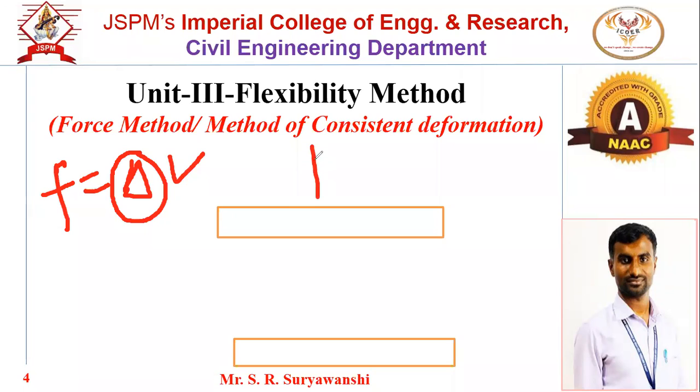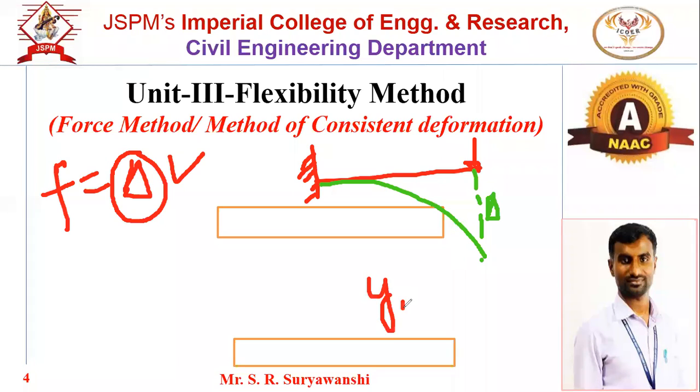Now in case of beam, back to our SA2, suppose this beam is flexible, it is subjected to the loading condition, and it will have the deflection like this. So what are the displacements possible for this particular beam as it is flexible? There are two displacements. First will be the deflection and the second will be,